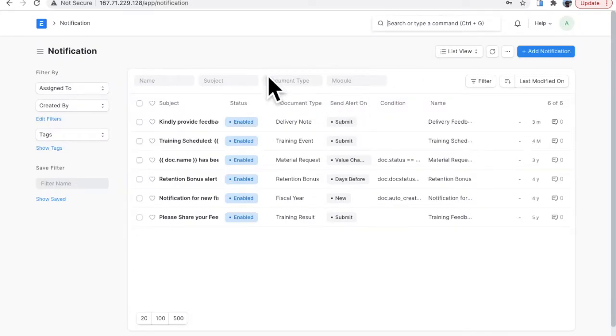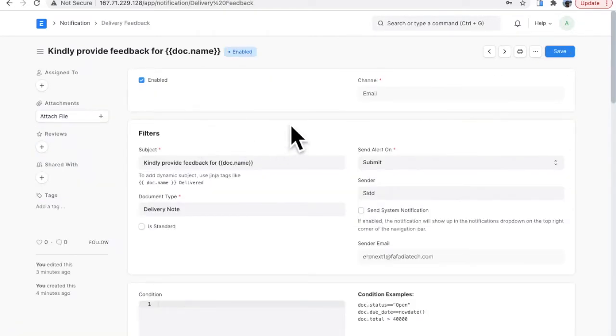So this is another feature within the ERP Next or Frappe framework, which lets you configure certain notifications which you can send either through email or SMS or even WhatsApp with version 13 Twilio integration. So you can configure the notification that you want to send. So over here you define what will be the subject of the notification. If this is an email, this will be the subject of email, and you can make use of Jinja tags. So Jinja tags are just basically defining the variables in a particular format that computer understands.